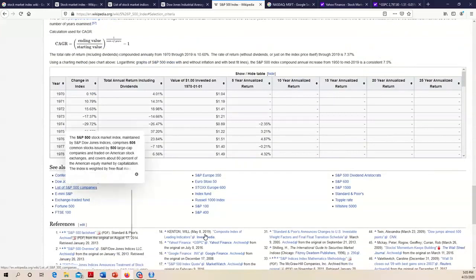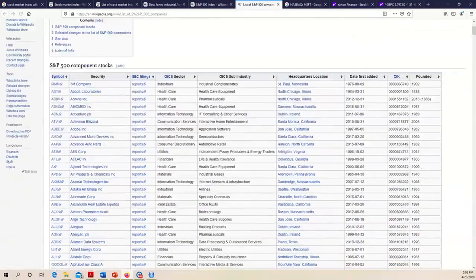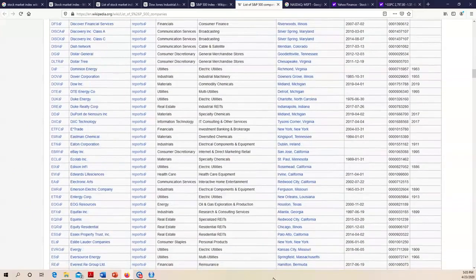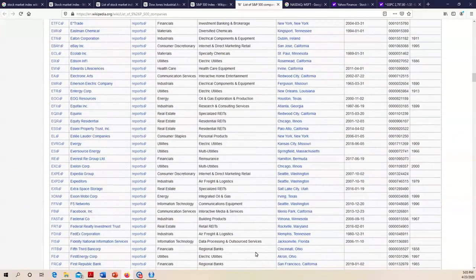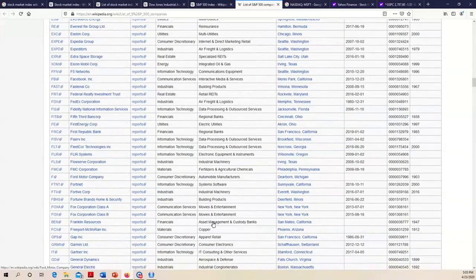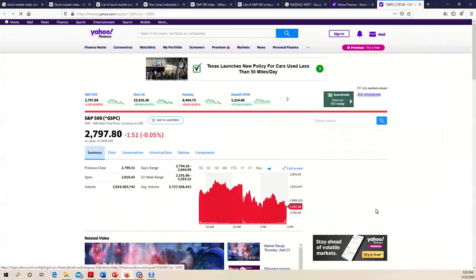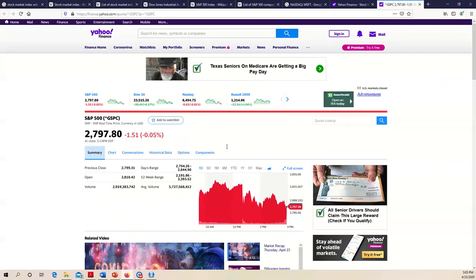Here is the list of S&P 500 companies, right? And you can see all of them here. So for example, Dollar Tree, the Dow, Dover Corporation, eBay, Edison, Expedia, Ford, and we have General Dynamics, aerospace and defense, the sector, industry, and its headquarters. Okay, so the latest value for the S&P 500 index, right, is